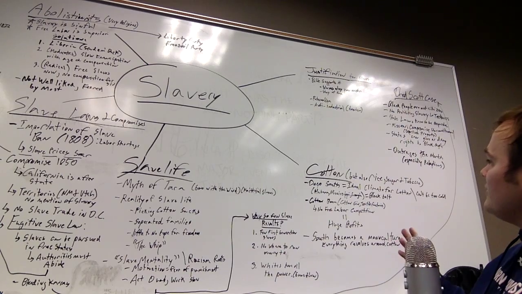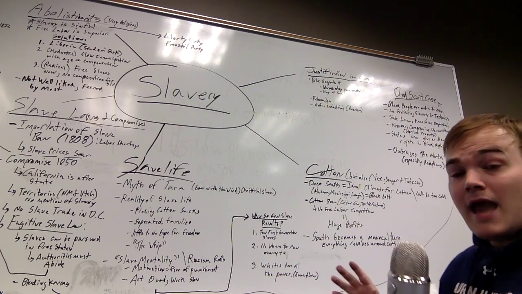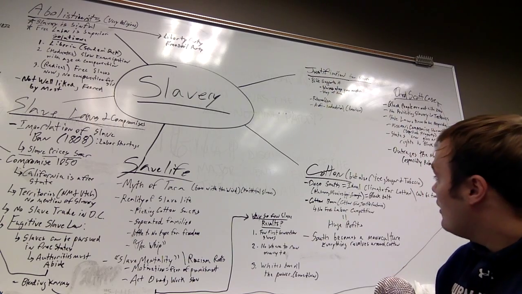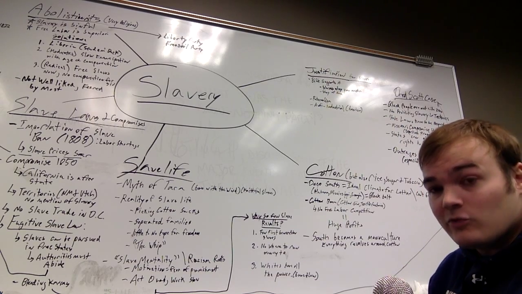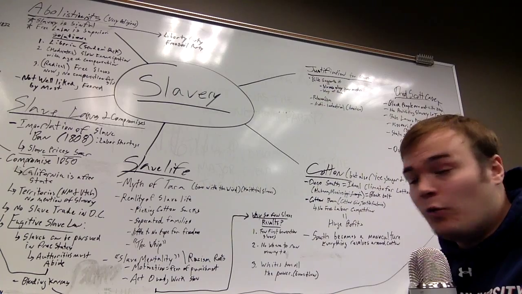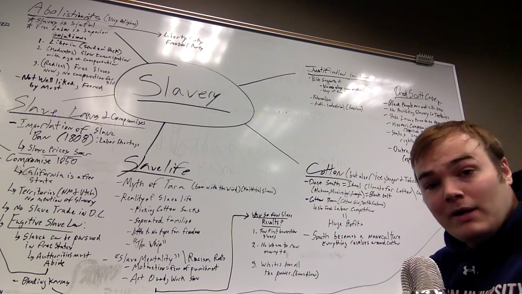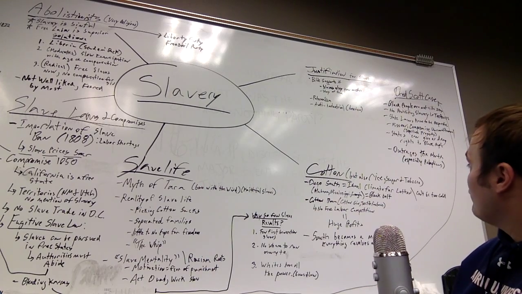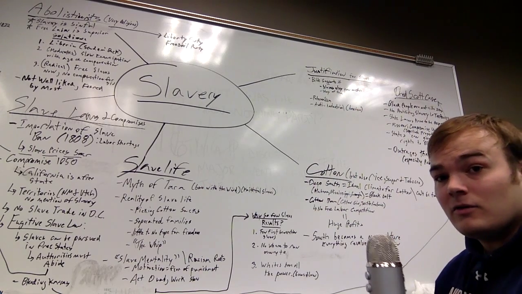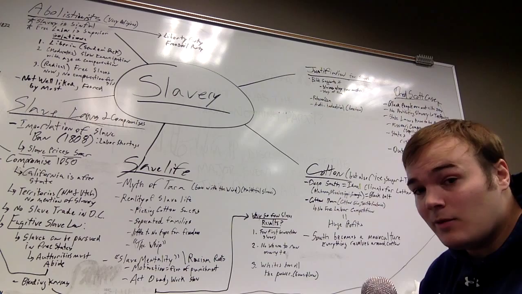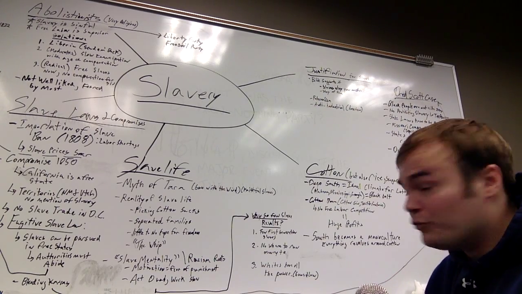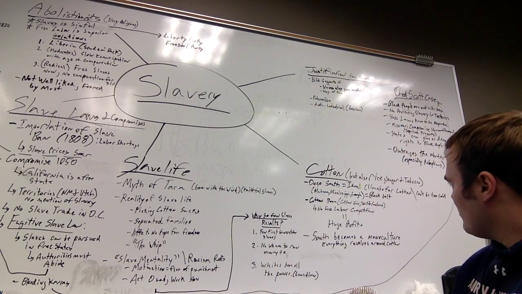Okay, cotton is going to be the big cash crop in the South. It's going to be the thing that's really going to drive the economy down there, and it's also going to drive sort of slave culture. Keep in mind, though, it's not just cotton. There's other stuff, too. We also have rice, sugar, tobacco. All of this stuff is going to be incredibly labor-intensive, and it's really going to promote sort of that slave culture.